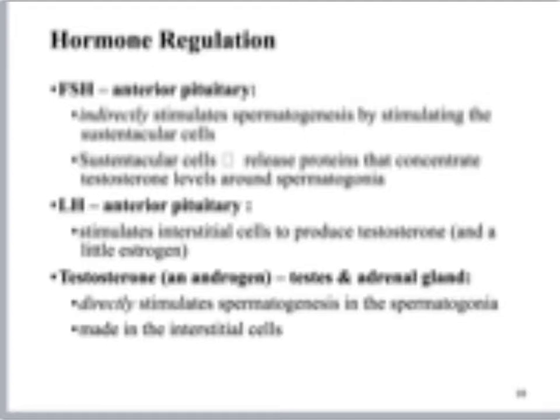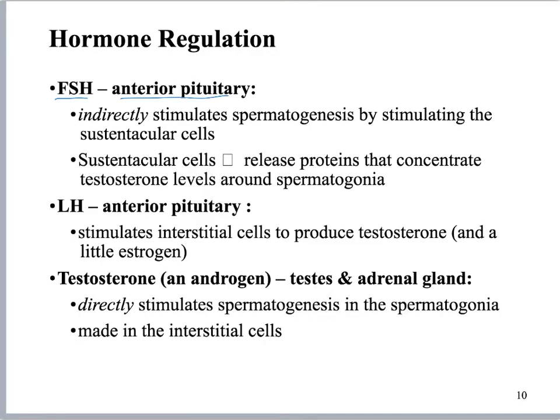All right, so your obligatory hormone slide, all right? You need to know all of these. So the name of the hormone, where they came from. We've already studied this a little bit with the endocrine system, so you should be okay. So what I want you to know with the male, with FSH, is it's going to the sustentacular cells. The sustentacular cells secrete a protein, which then concentrates the testosterone about the spermatogonia. This causes indirect spermatogenesis. It doesn't directly start meiosis 1, but it makes it possible for it to start occurring,